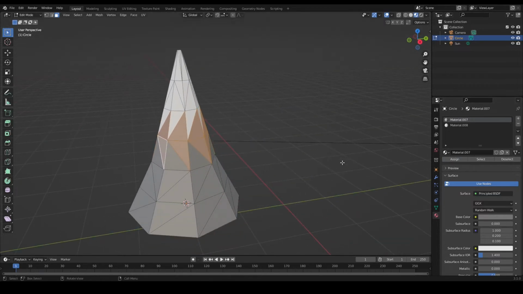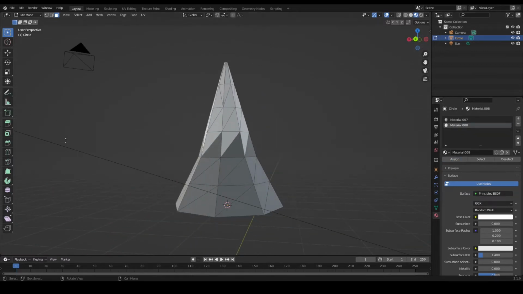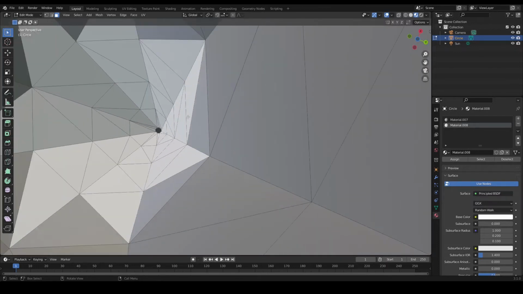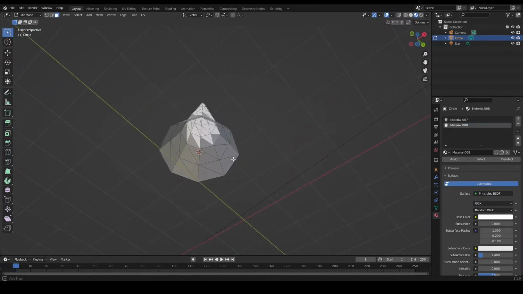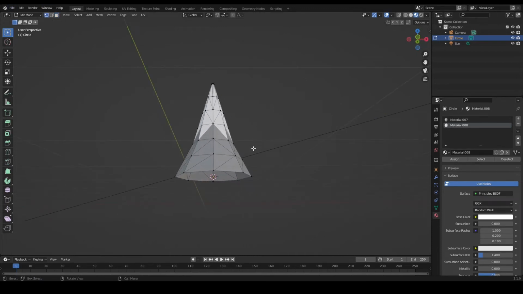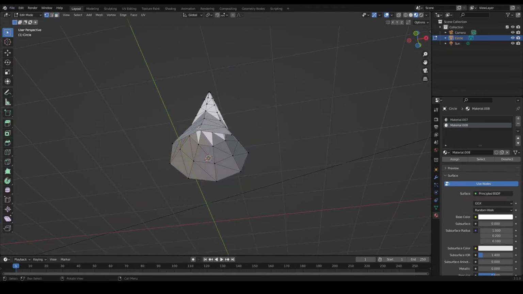Then you can assign it again. That wrong material, just make sure you're on material, and then you can assign, and boom, now it's even more snowy. And you can see that this is hollow. I wouldn't worry about it, but if you really are too worried about it, then you can go to vertice